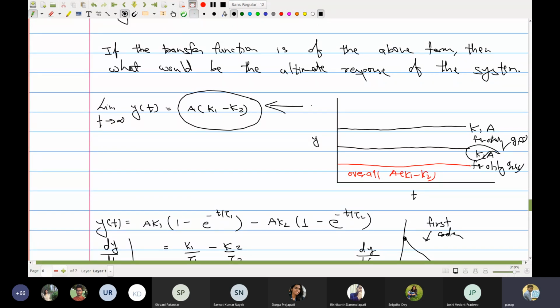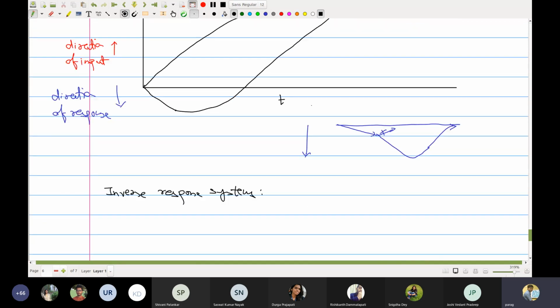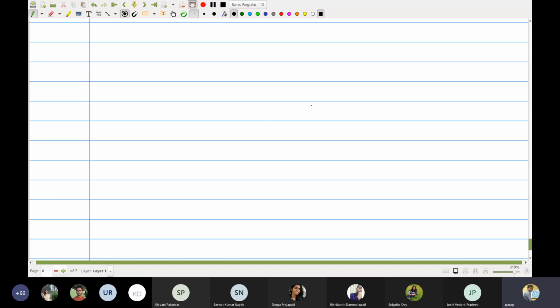Okay, so a larger magnitude will also result in larger or steeper decay of that particular effect. Therefore you have two modes, the main mode and the opposition mode, and depending upon the individual magnitudes of the time constants, you may, now this is not always true, this is important, expect or experience an inverse response, or you may not experience an inverse response.